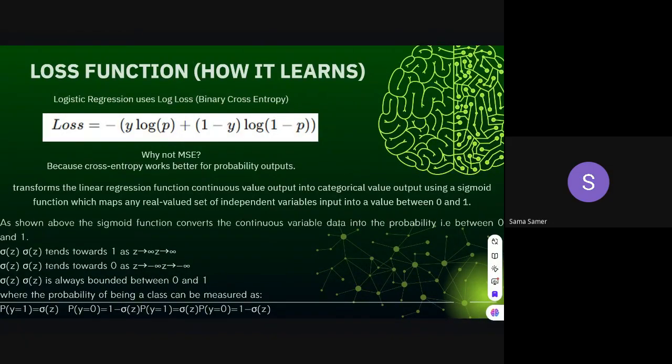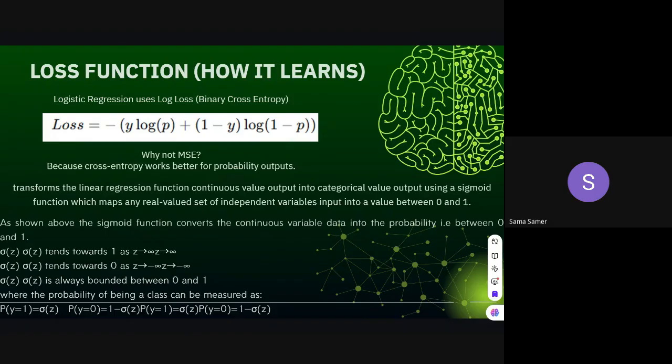Let's continue here. The loss function inside logistic regression is binary cross entropy. Entropy means how much information the model gains. This is a very important thing. The entropy is the knowledge that we gained. The loss function is the knowledge that we have not gained. So we must make it as minimum as possible. Inside linear regression, we use the mean square error to evaluate performance, but inside logistic regression, we use this loss function.